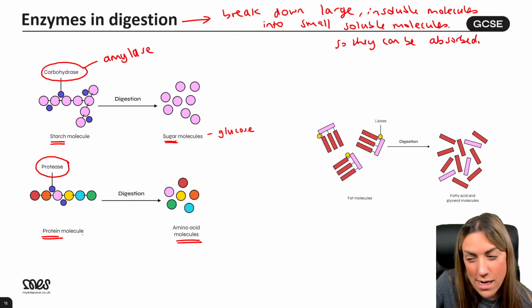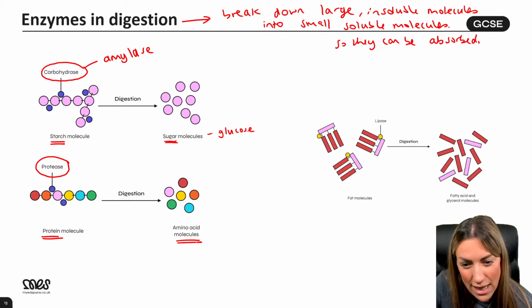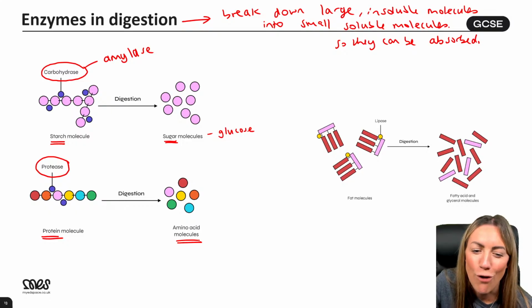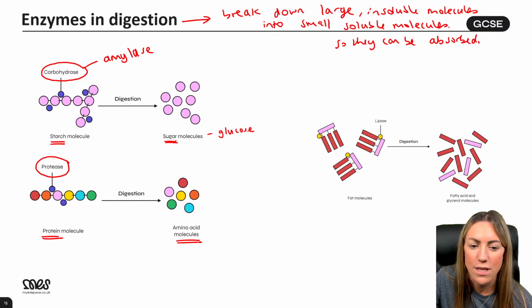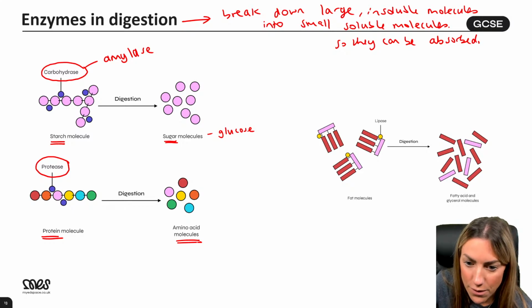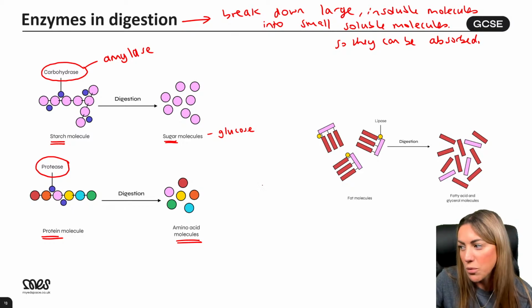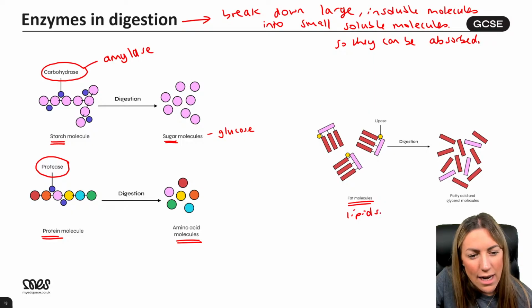So protein is broken down into amino acids. We all good with that? We all know that protein goes to amino acids. No, maltose is not wrong, Angie. You could say that carbohydrates digest starch into maltose, but for AQA, we say glucose. Yeah, we're all good with that. Right, then fats. Can we say lipids, actually? Lipids.